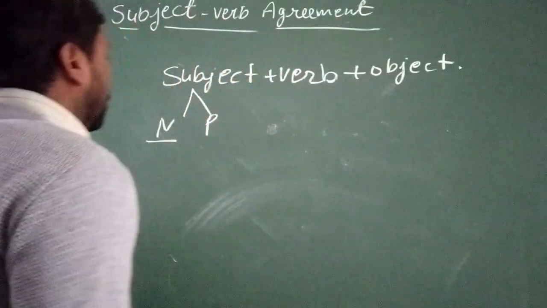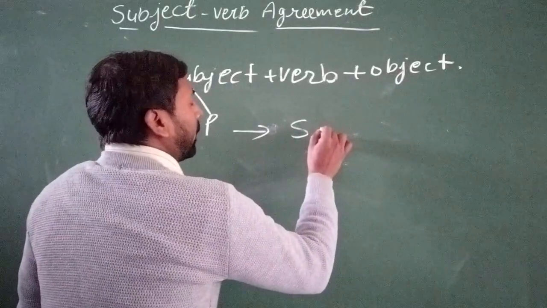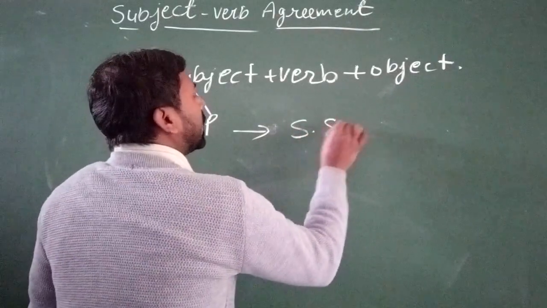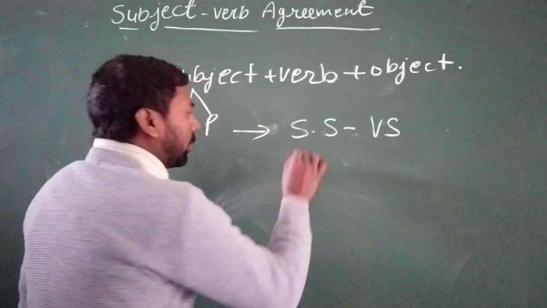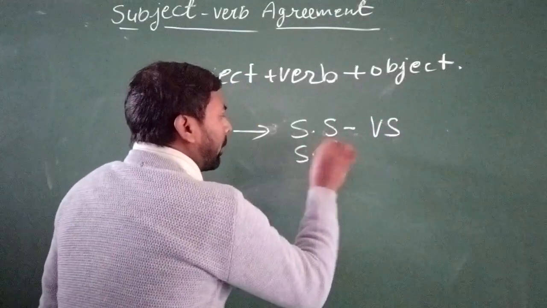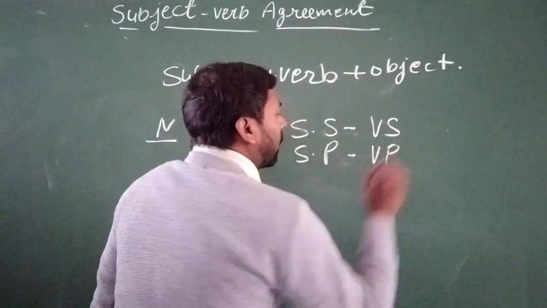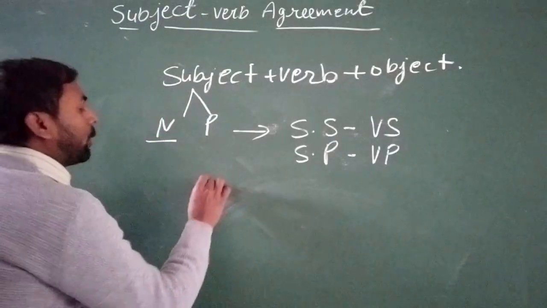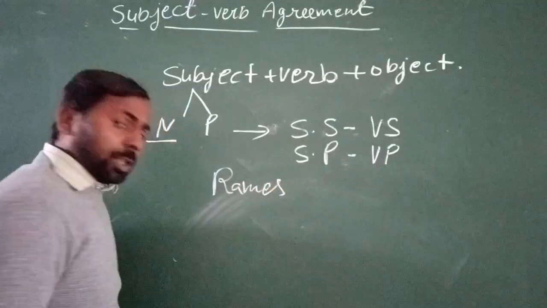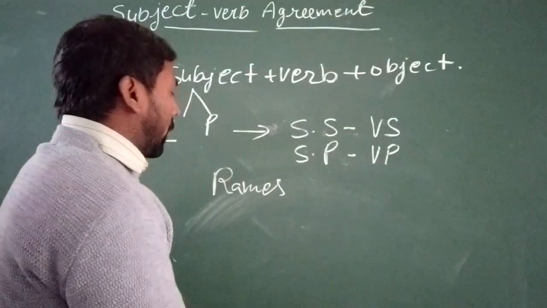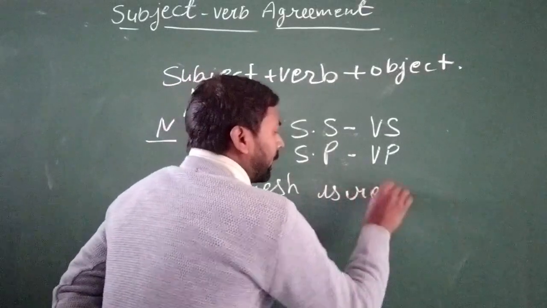Okay, so I already said that if your subject is a singular number, then you use the singular verb. If your subject is plural, then your verb will also be in the plural form. Like here, with Ramesh you use the singular number, like Ramesh is reading